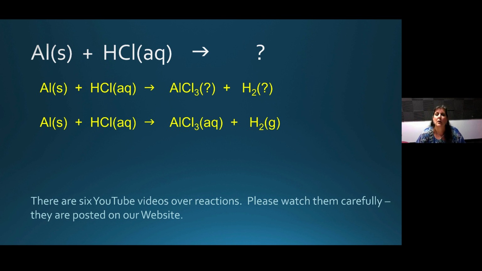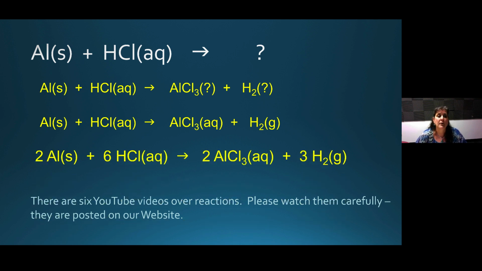Aluminum chloride is soluble. Hydrogen is the gas, so it gets a G. Now pause and balance this reaction. And hopefully you got 2 aluminum solids plus 6 hydrochloric acids, aqueous, makes 2 aluminum chlorides, aqueous, plus 3 hydrogen